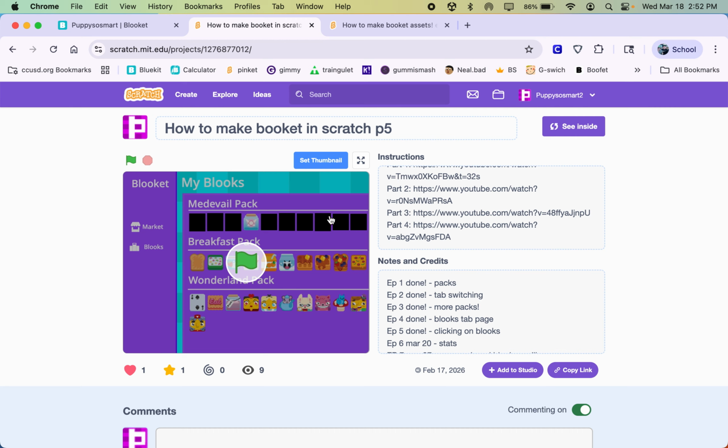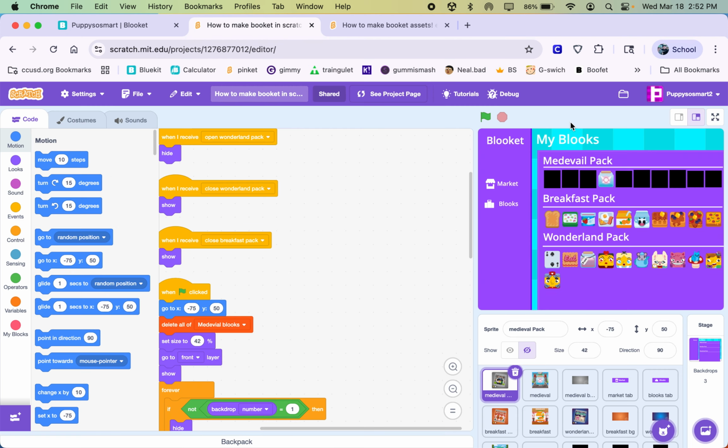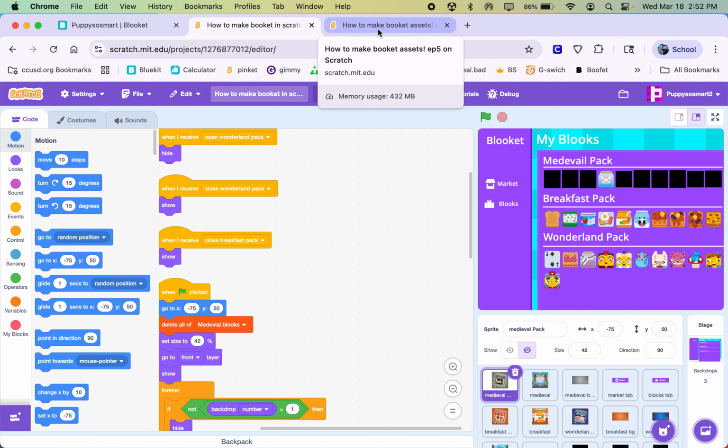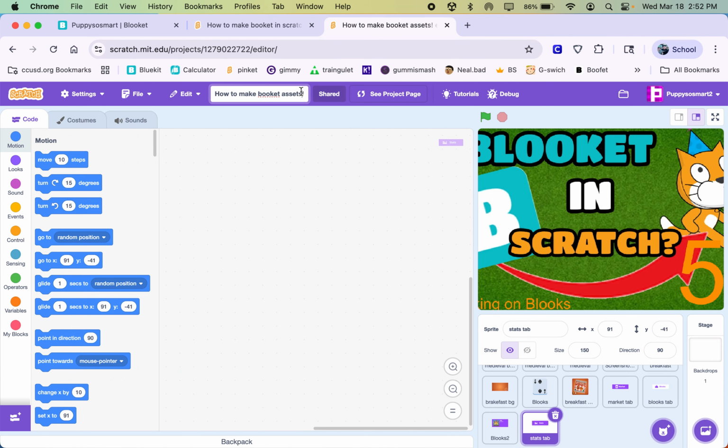We're going to be doing how to make Blooket in Scratch, part 6. So yeah, let's get right into it. Today in this episode, we're going to be working on stats, so go open up the episode 6 assets for